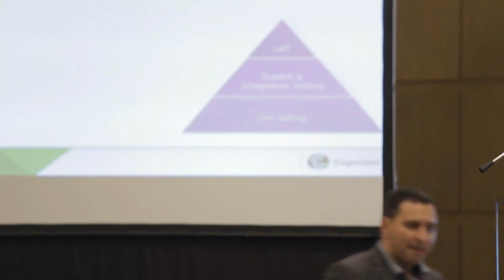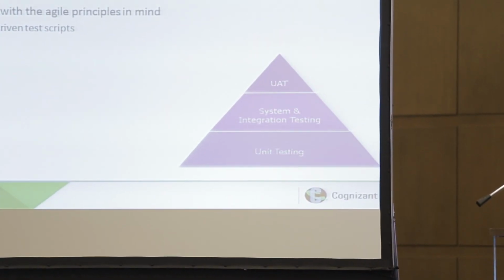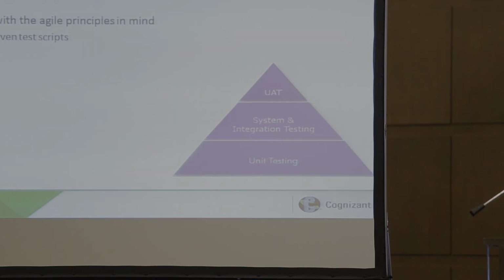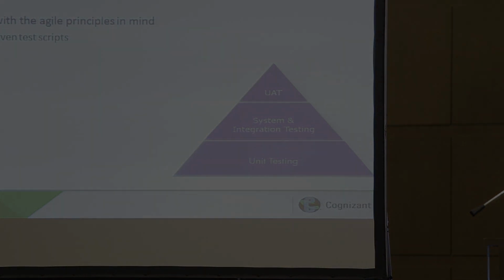And at the UAT level, obviously, you might not need that many automated tests. You might just need some end-to-end test scenarios that will cover some of the regression and some of the high-level testing. So this is the kind of pyramid that we want to achieve in automation. However, at the same time, it's going to create a challenge in many organizations, in that you might not have the competencies, the skill set, in your team to be a part